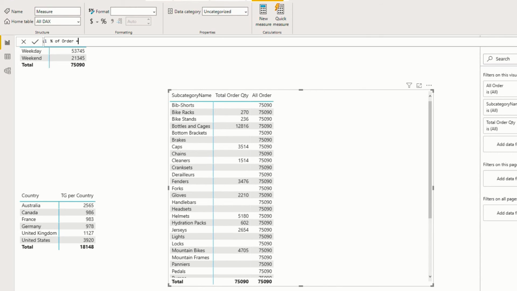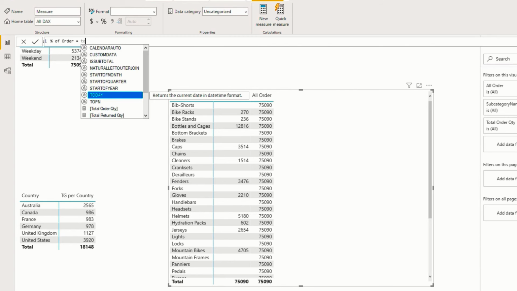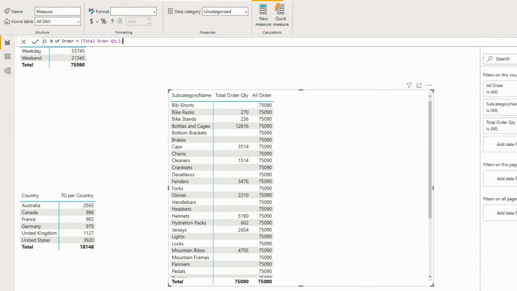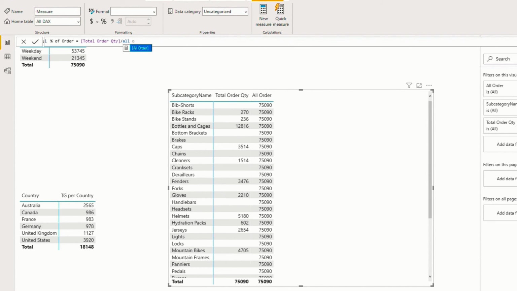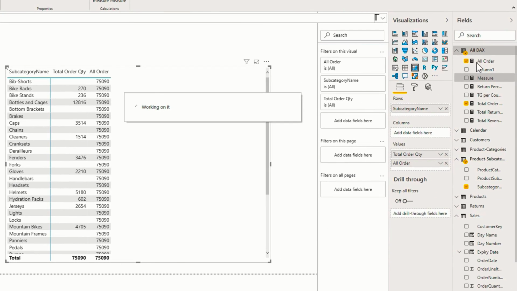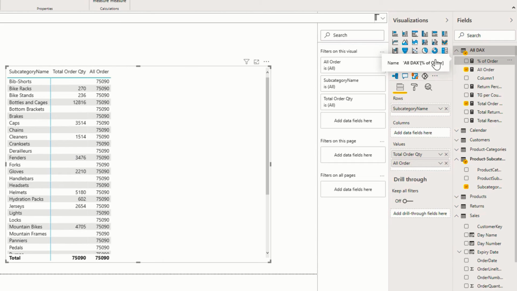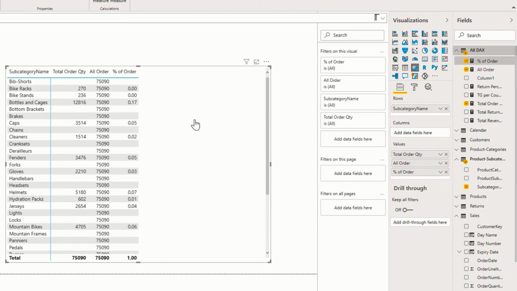Now what we can use here is a simple formula, which is total order quantity divided by All Order, and press enter. Here we have the Percentage of Order measure, so I'll drag and drop it to the matrix.